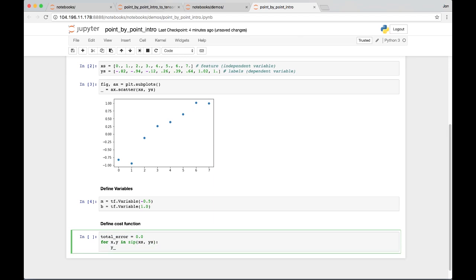And then we're going to say our predicted output, so our predicted y, which often people call y hat, is predicted by the slope of x times x plus b. So that's a line, y equals mx plus b. It's a very standard definition of a line. And then we also want to add to our error. So our total error